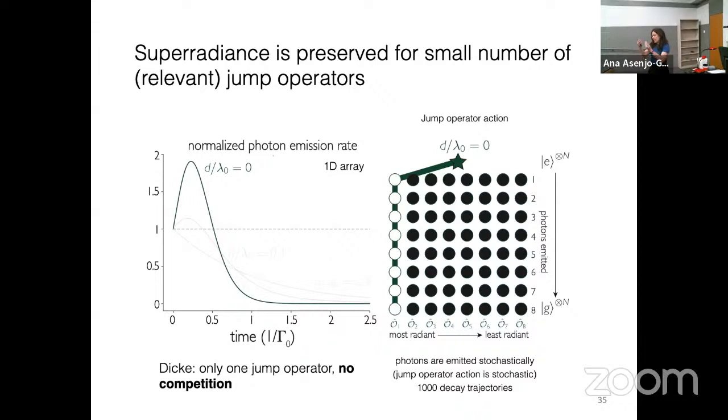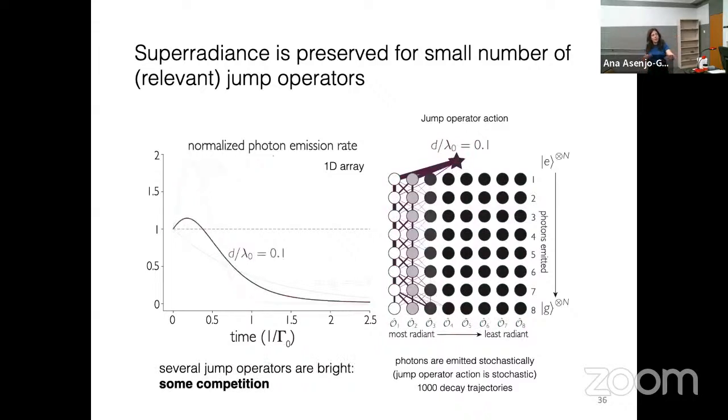We're exciting 8 atoms, seeing them decay, and doing this 1,000 times. We're looking at the statistics. So 1,000 times, only the jump operator acts all the time. So just to give you some context, if now I separate my atoms by 0.1 lambda, what I see is